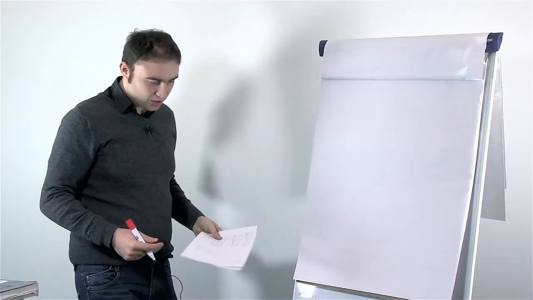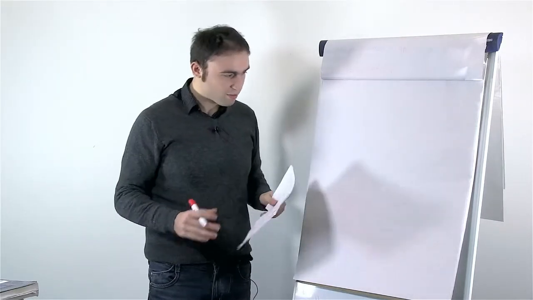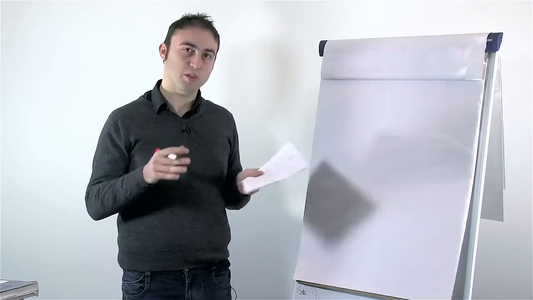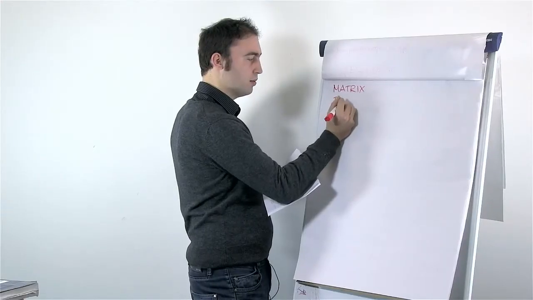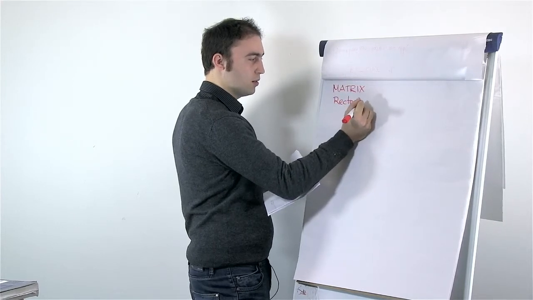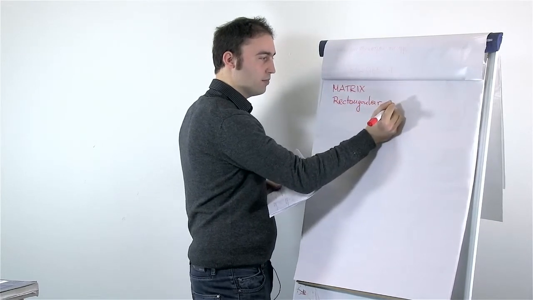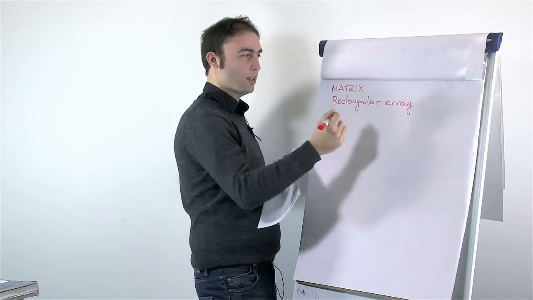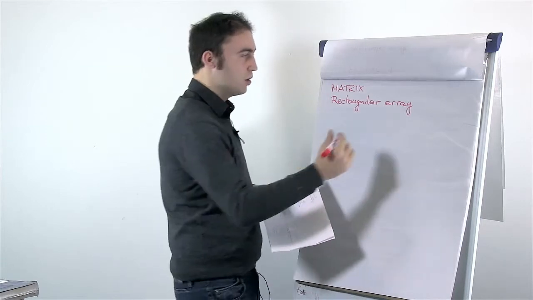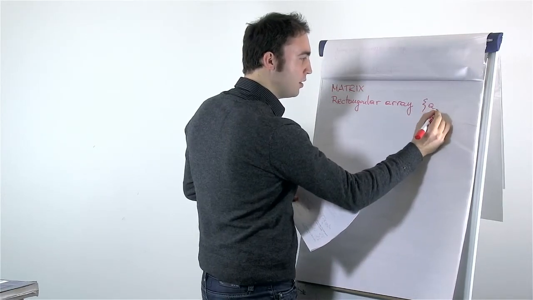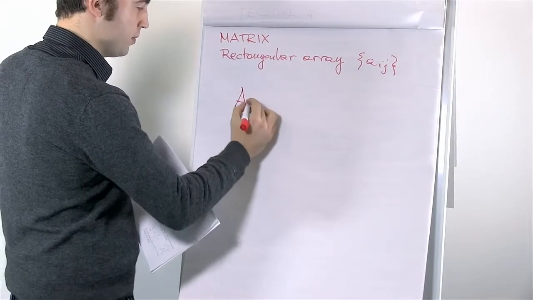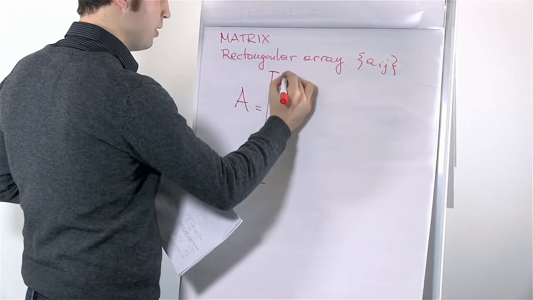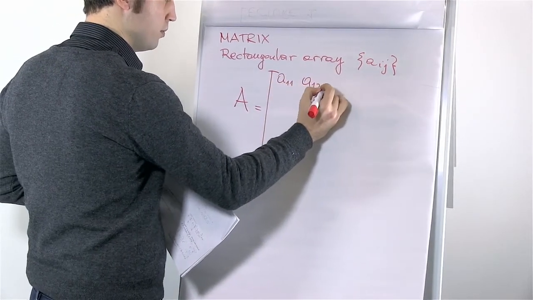The second thing that we need to learn is a concept that generalizes the concept of vector, and this is the matrix. A matrix is a rectangular array, in which we can call the elements A_ij. So A is a matrix if we can write it like this: A11, A12,